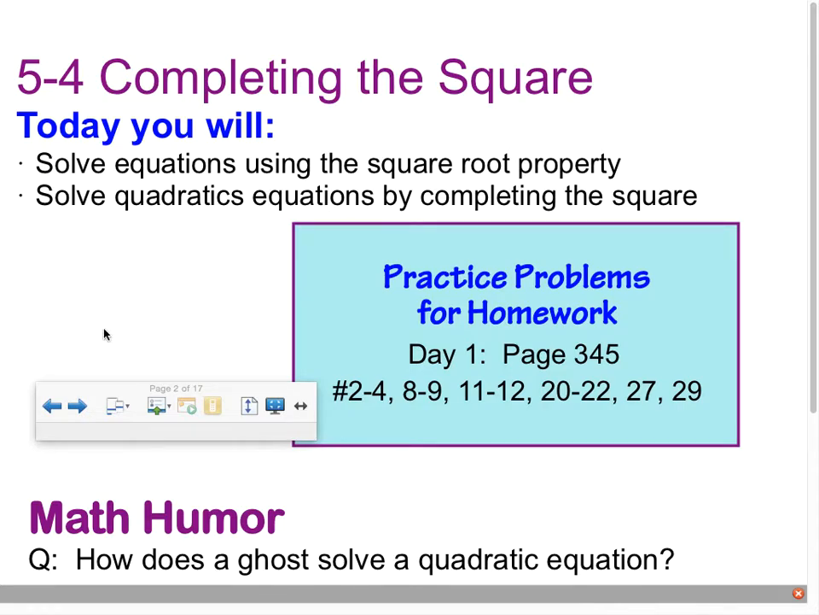Today, you're going to be practicing solving quadratic equations using the square root property and solving quadratic equations by completing